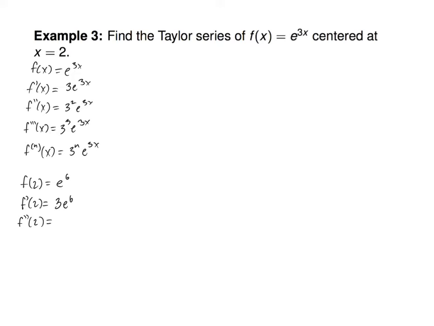So take the second derivative, plug in 2, you get 18e to the 6th. If you take this thing and you plug in 2 for x, so, 3 squared e to the 6. My bad, I thought you multiplied the entire thing. Nope, I fixed that. Okay, the next one, you get